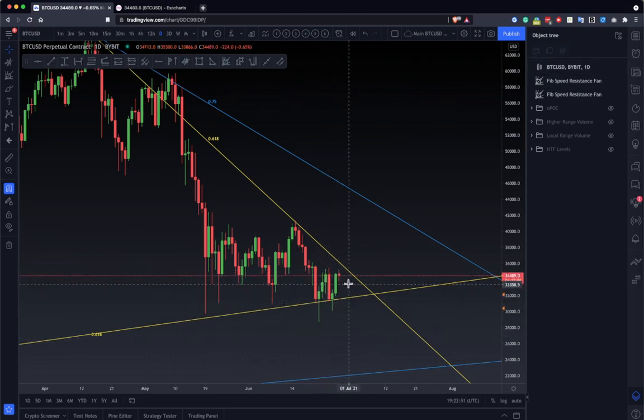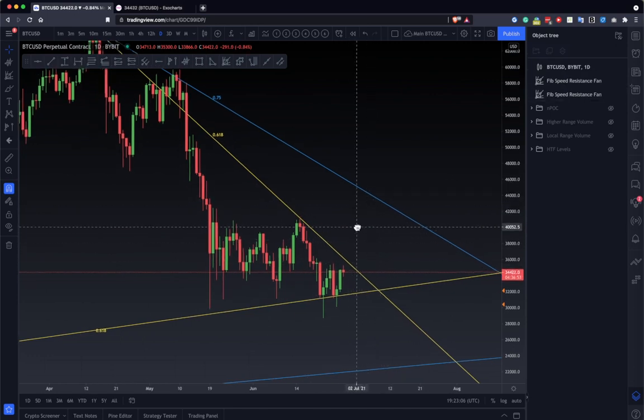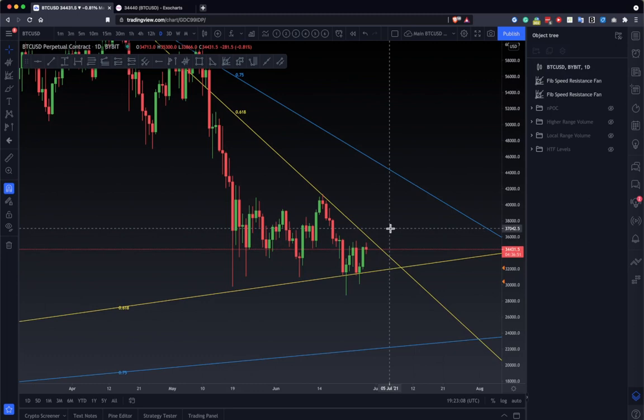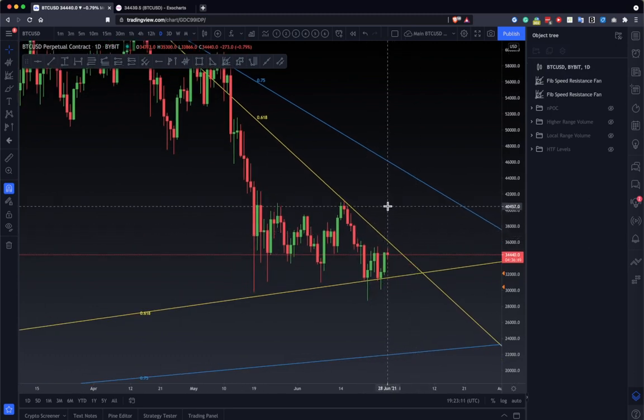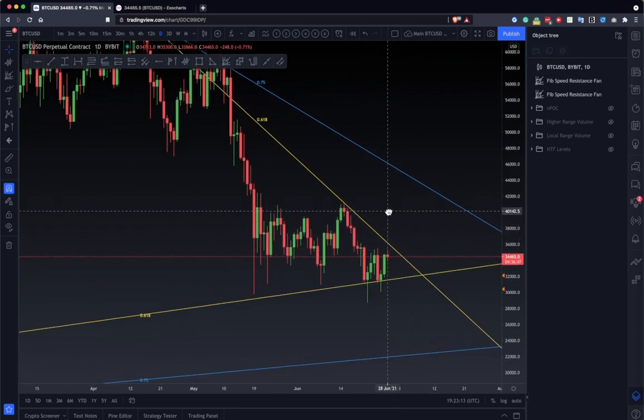Now we are basically in this kind of semi-triangle, if you call it. I don't say it's a triangle, but it's more like a range. But if it breaks, it is likely to go up. But I don't want to predict, and it's a range, and I want to trade the range. It means that you sell the highs and you buy the lows, and you don't want to predict the range,